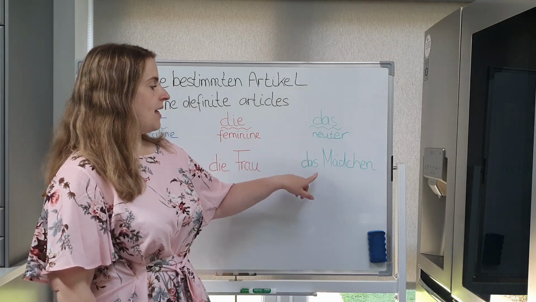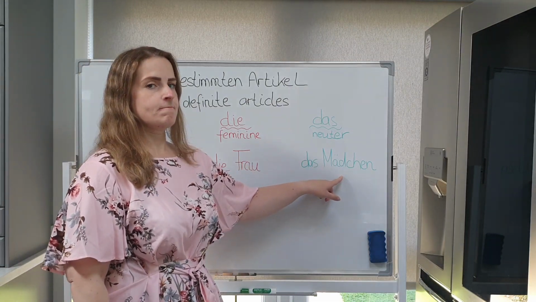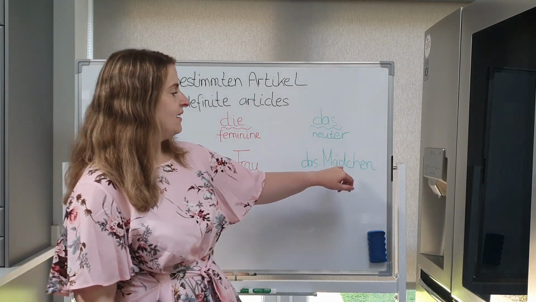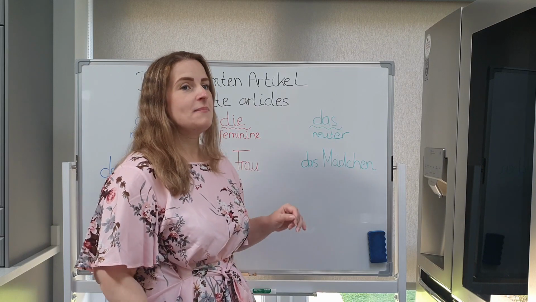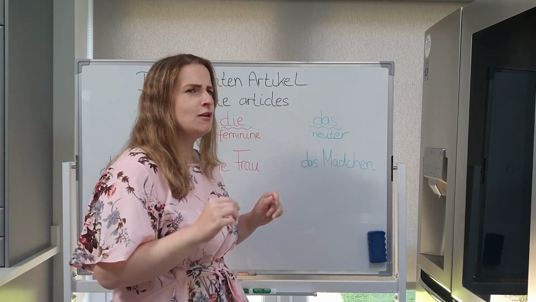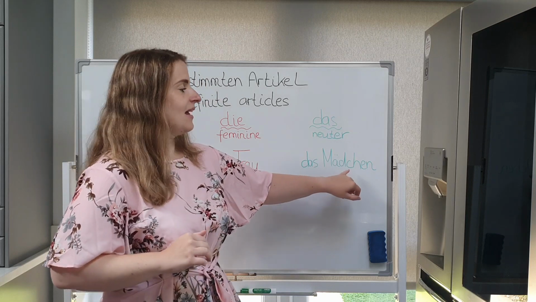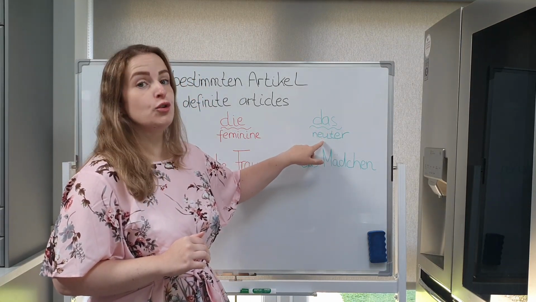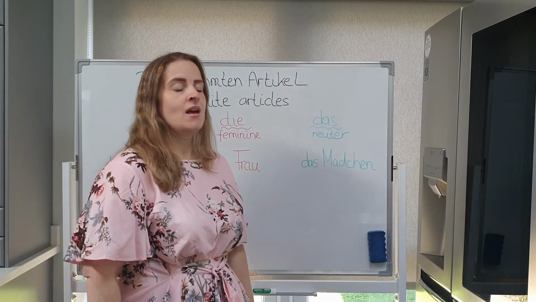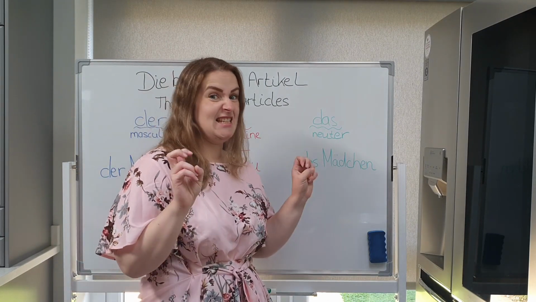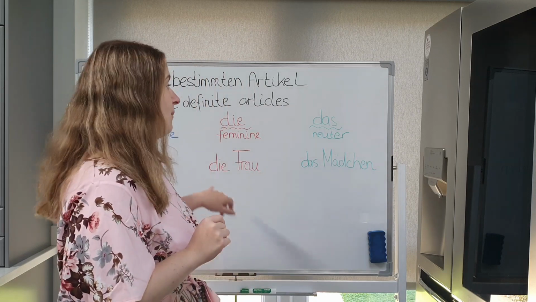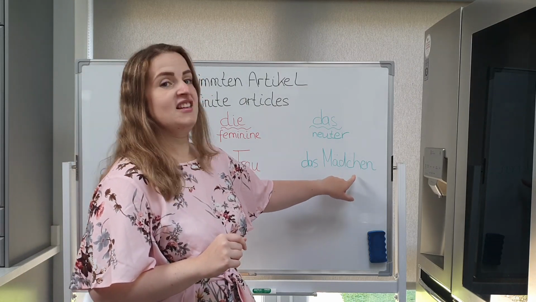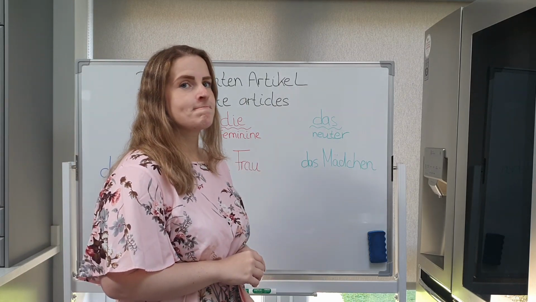And here, das Mädchen. Here we take in das because of the ending chen. It makes something look smaller. Mädchen, like small little girl. This is like the first hint on using das as our neuter article. Yeah, well guys, that's the easy way, because now we're talking about humans. A male, female, or here we can see chen as our hint.